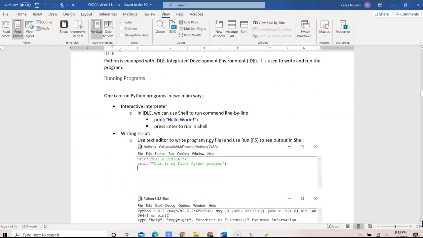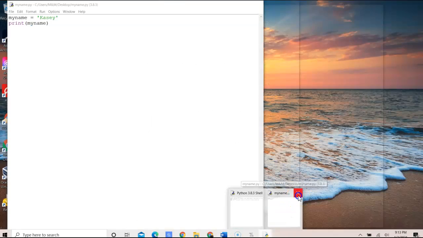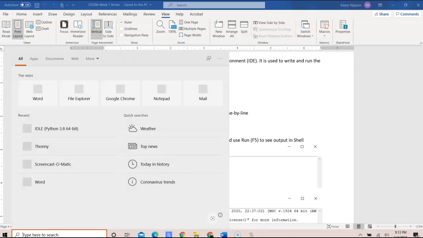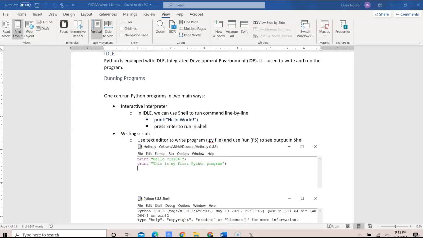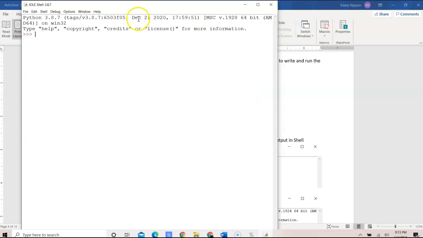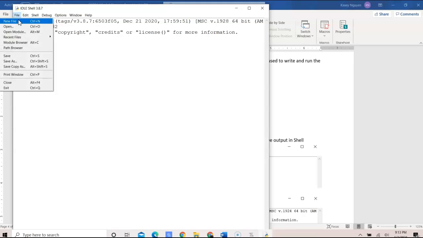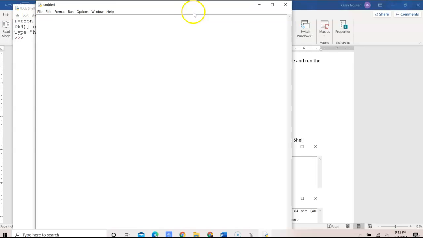So as IDLE is the default IDE, equipped with the Python packages, I wanted to show you a little bit of the options with IDLE. To open it, you can simply search for IDLE. And once you open up the application, the first thing you see is the shell, and it tells you Shell and the version at the top. Then you can click File, New File, to open up your text editor